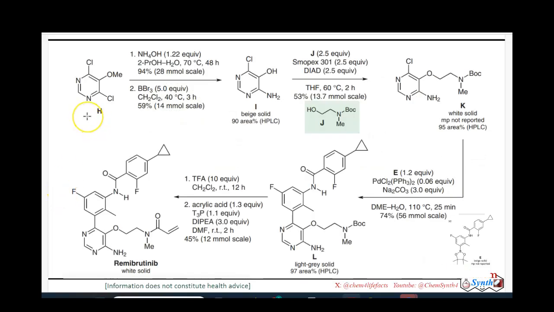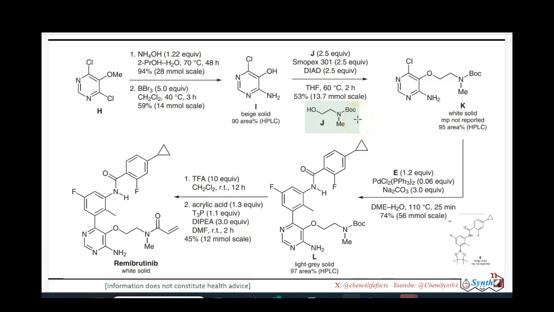Now they took this methoxy and dichloro substituted pyrimidine substrate and they have done one aromatic nucleophilic substitution reaction using ammonium hydroxide to introduce this amine group by replacing this chloride, followed by this demethylation from this methoxy group by using BBr3 reagent. Now this aromatic alcohol, this pyrimidine derivative, they have coupled with this